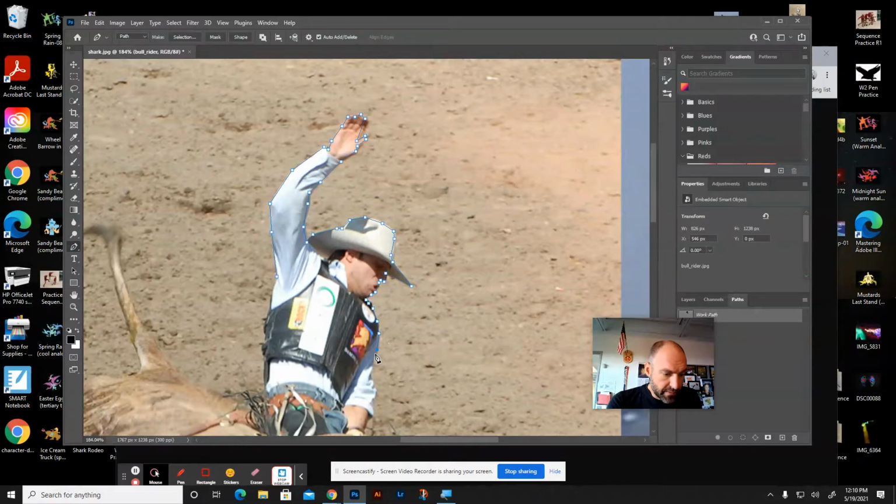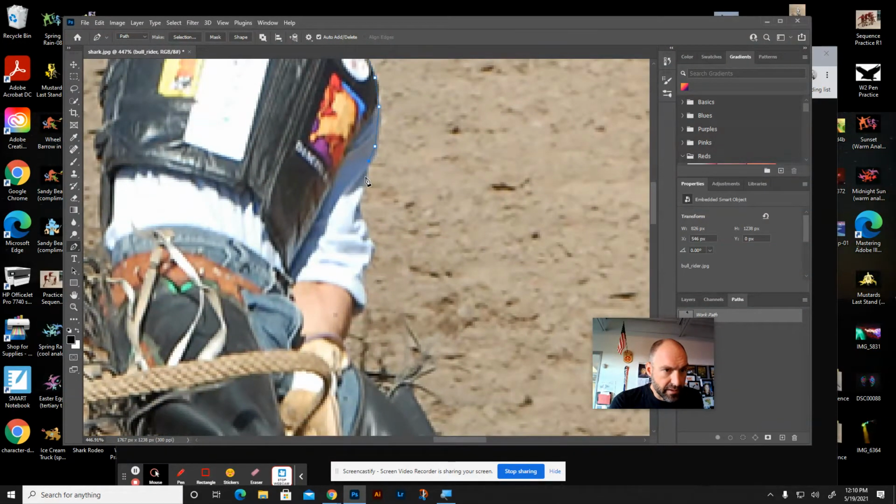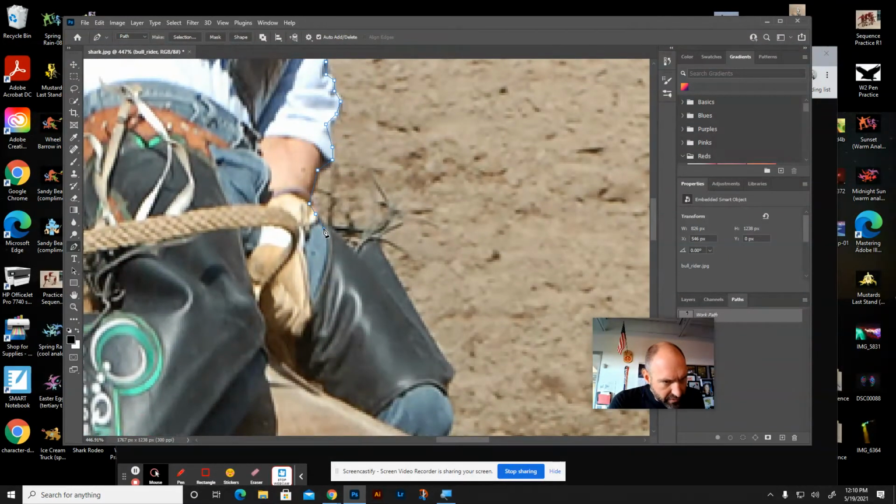The disadvantage, of course, is it's a little tedious because you've got to go around and click around the whole edge and trace around the whole edge like this, whereas the quick selection tool just kind of does that part for you. Another advantage of the pen tool is that sometimes the quick selection tool gets a little bit of your background,